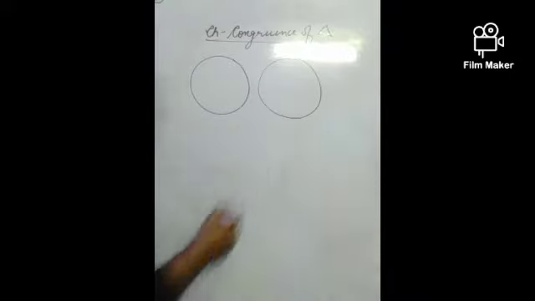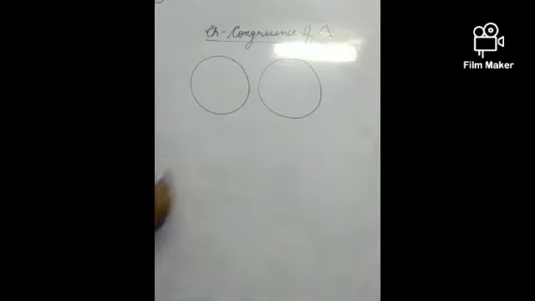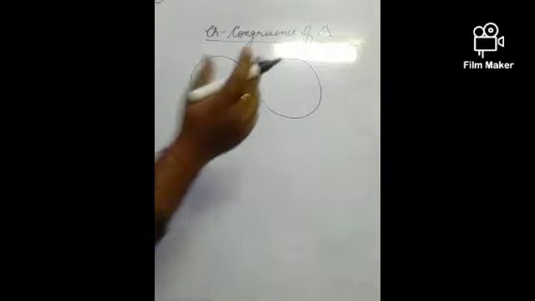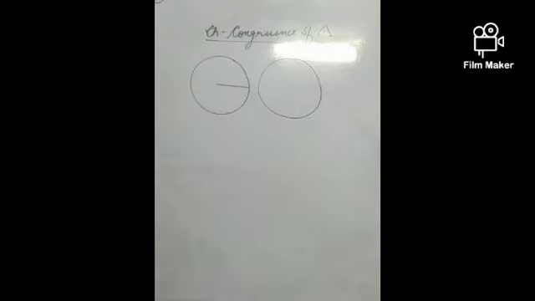For that, I have drawn two figures, and I am just taking the radius of these two figures. Definitely you are well aware radius means it's a circular shape. Already you have done it in class 5th, 6th, 7th, whatever class it is, no problem, because the chapter which we are going to start is given in class 7th as well as 8th and 9th, so it's a common thing.